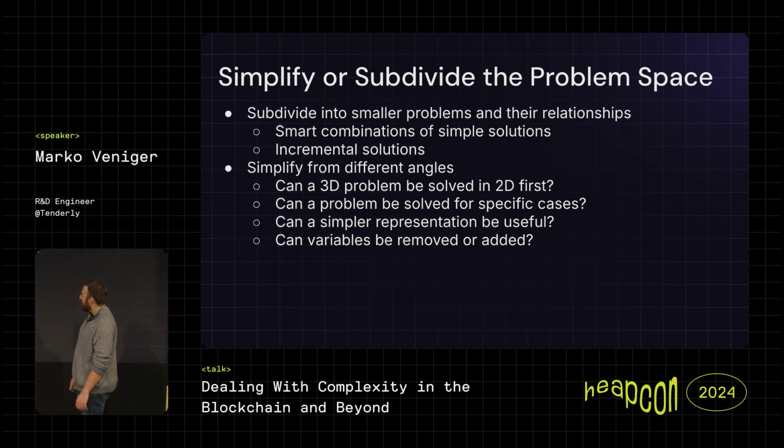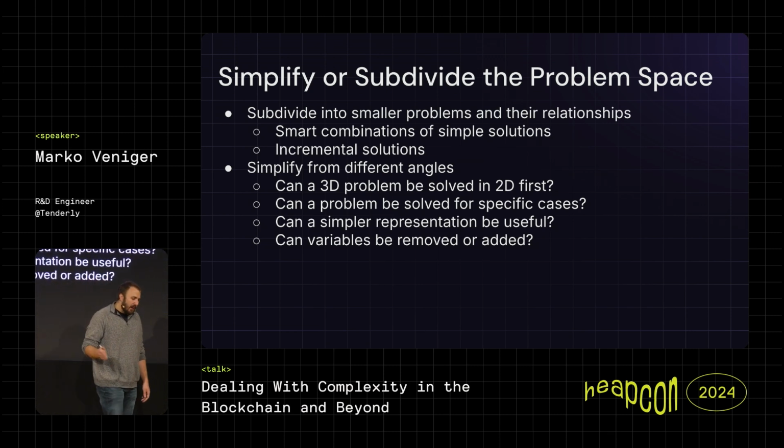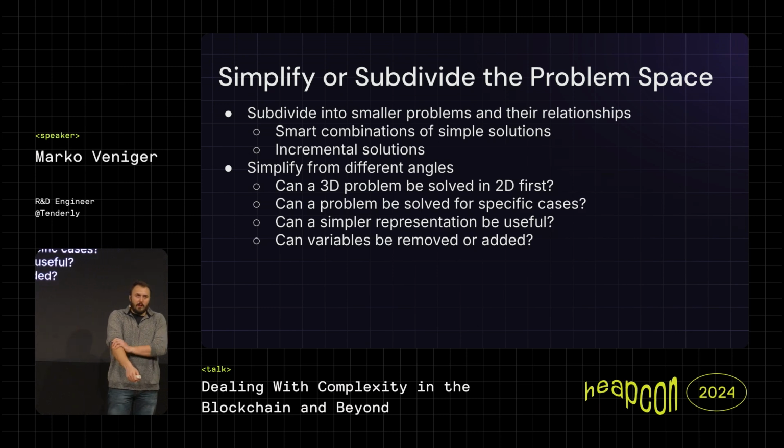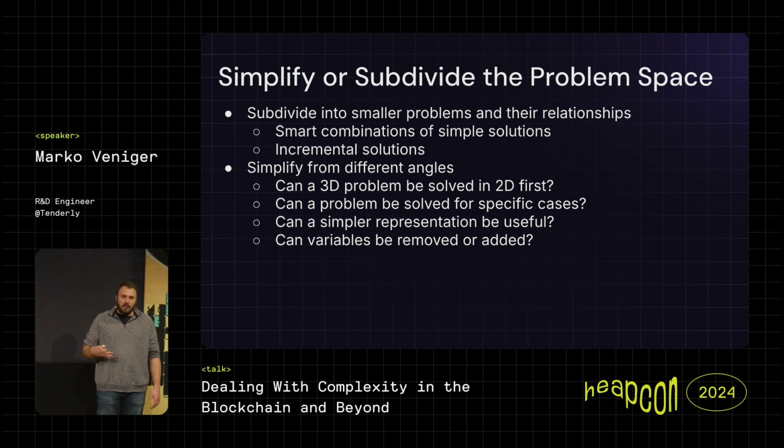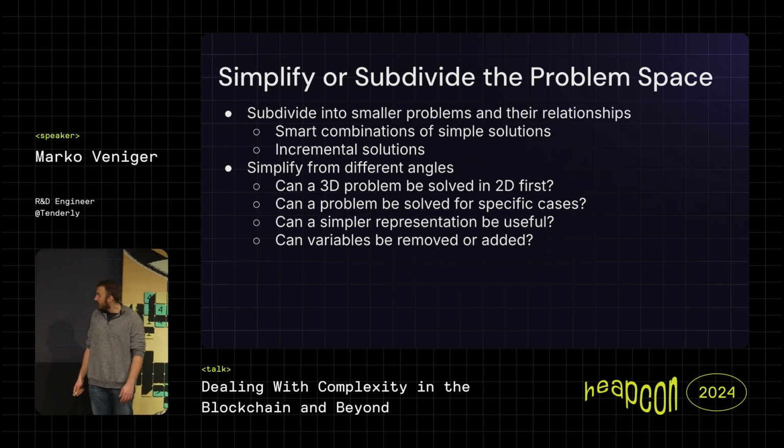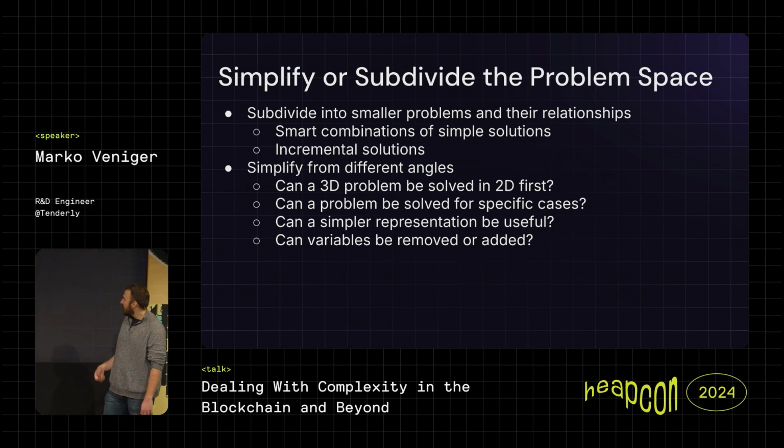And can variables be added or removed? By variables, I usually mean inputs and outputs. Can you maybe cut down one of the inputs to make the problem a lot simpler? Maybe you change the problem that you're trying to solve. Maybe you just solve for an X input and then you add it back later. But think about that simplification. Can you remove something to make it easier to solve, or can you actually add something? Often you have the case, okay, I have this problem, it's really hard to solve, but if I add this component as the input, it can do some stuff.